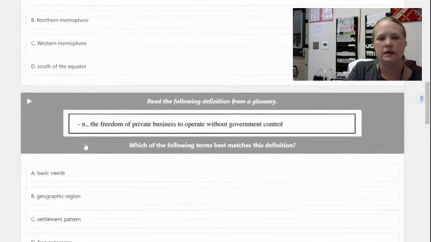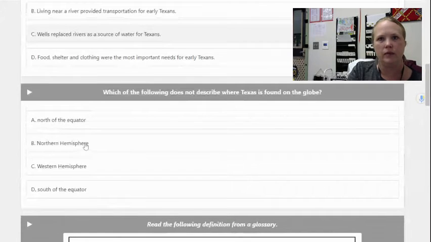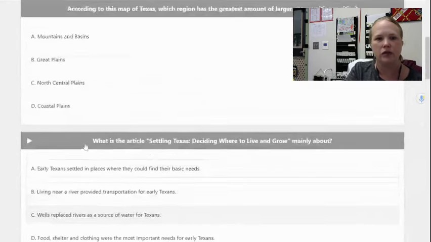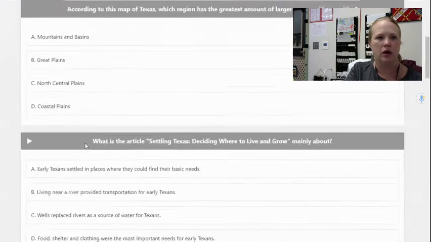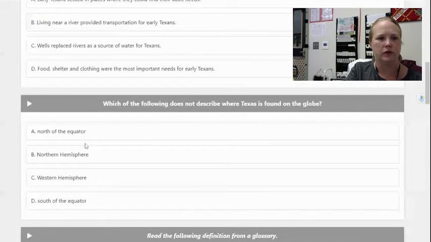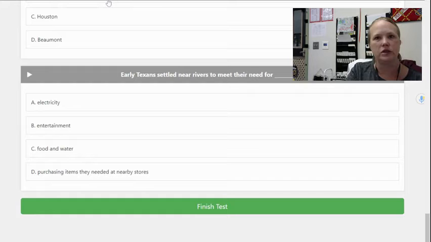And some of this is new information that you've read today through these articles. There are 7 questions, and after you've answered all 7, make sure you click Finish Test. And then that's all that you have to do.